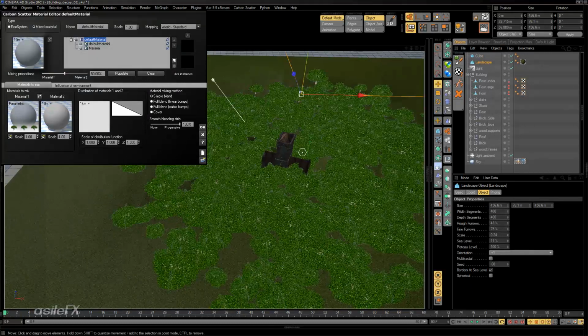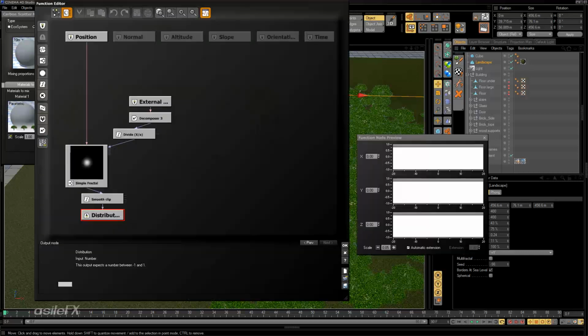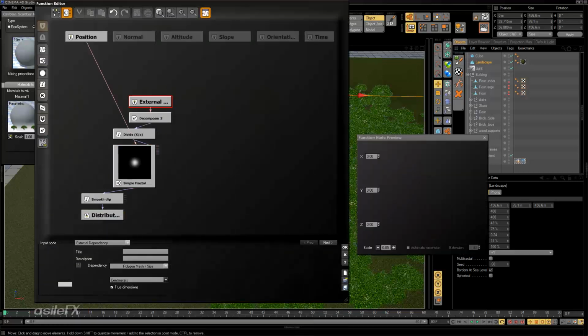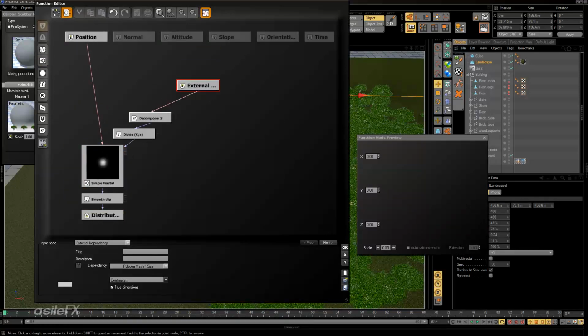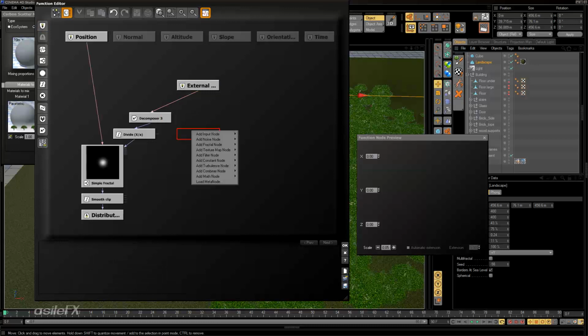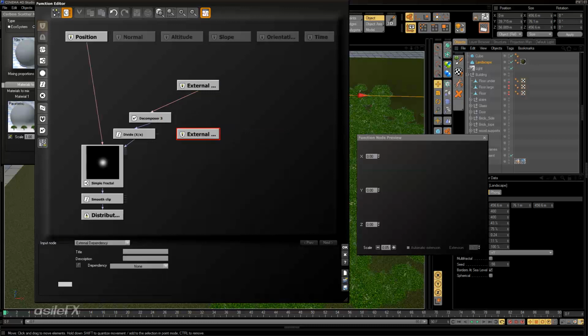and it should be refreshing. It was for me earlier. And the reason why it did not refresh is I did not connect the position. So what I need to do is right-click, add input node, external dependency. We're going to choose that polygon mesh, which is actually the cube, and the position. Set up